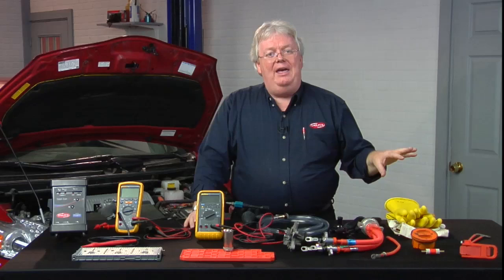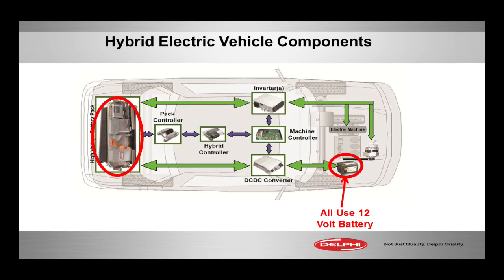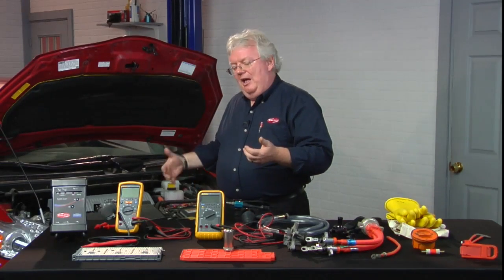So all hybrids have that, and all hybrids have a high voltage battery. 95% of them in the back for weight distribution. A few of the Euros, you may see a lithium-ion battery pack, which is coming on more and more popularity. The car I drive is a 2013 Malibu hybrid. It has a lithium-ion battery pack in the back. Nickel metal hydride, still the largest percentage of hybrid battery technology out there, and they put them in the back